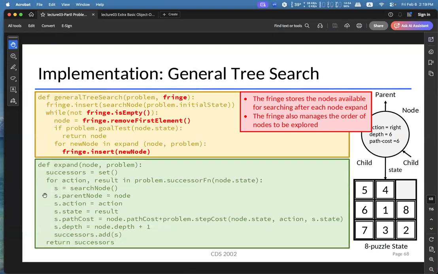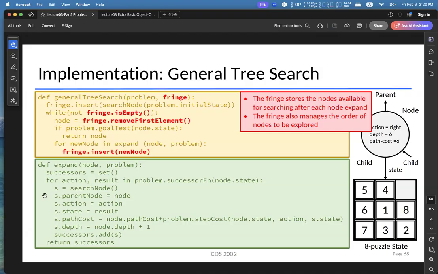So you can see that the fringe is actually keeping track of all the nodes that are not explored. And the data structure used for the fringe will determine what node should be explored first and what node should be explored later. That will determine the properties of the search algorithm.